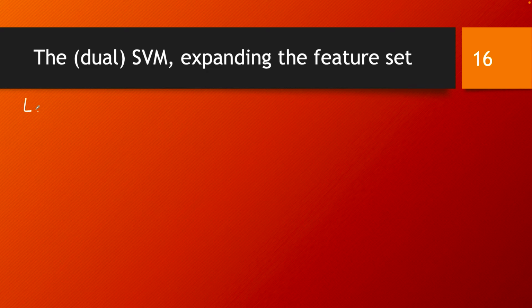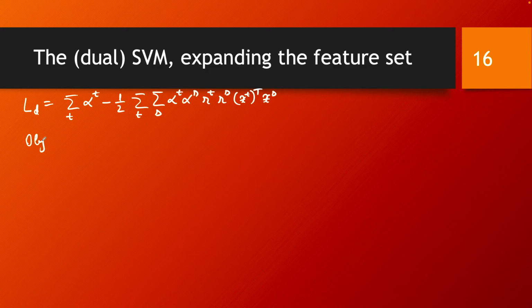We had our dual Lagrangian, and this was of the form: the sum over t, where t spans the entire data set, of alpha_t, the Lagrangian multipliers, minus 1/2 the sum over t and the sum over s, both spanning the data points, of alpha_t times alpha_s. Then we had r_t and r_s, those being the labels of our data points. And then we had the data points themselves, the data point x_t transposed times x_s. And the objective was to maximize